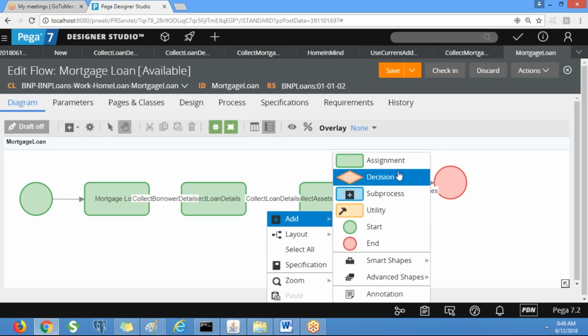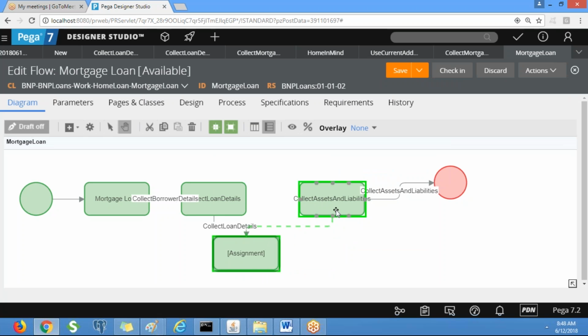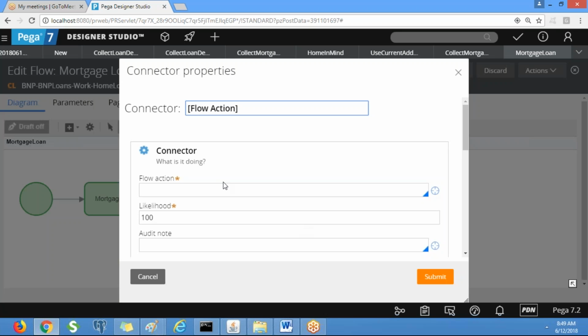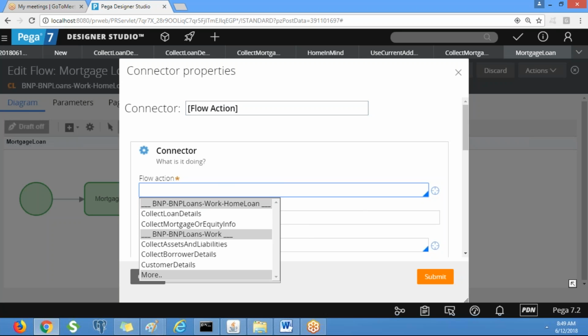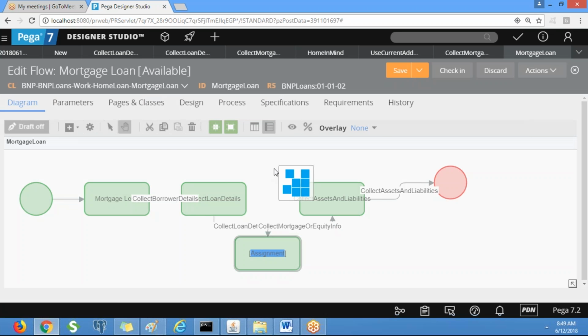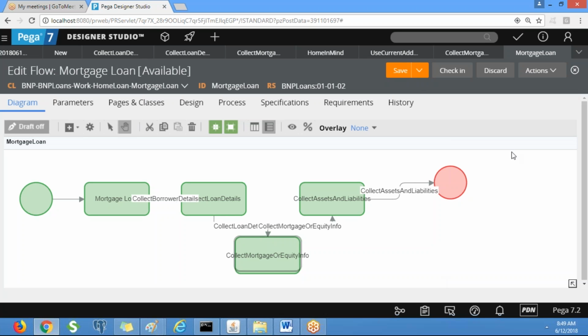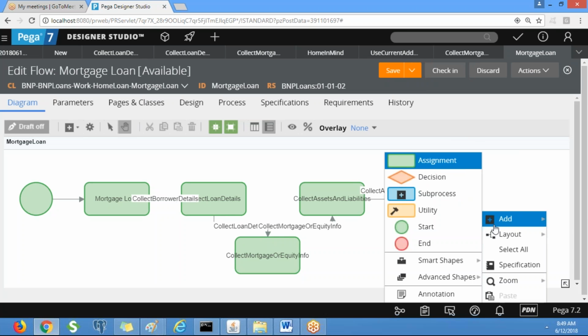Add an assignment shape. Okay, here call the flow action. And save it.